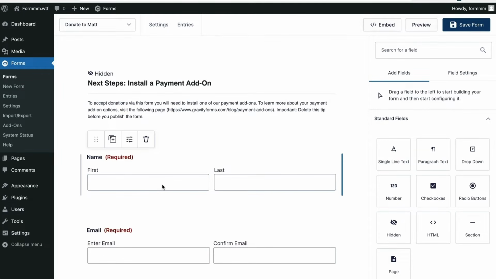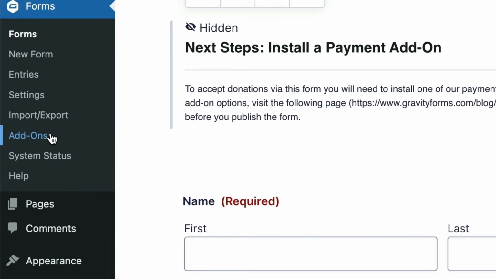Now, in the form settings, you'll notice that we prompt you to install a payment add-on. There isn't one installed on this particular site right now, so we're going to work through the setup process of that. Again, using PayPal here, that is the premise of today's video. So from here, we're going to go to add-ons,